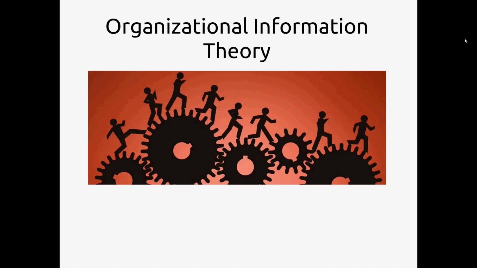So organizational information theory is a theory that deals with how organizations tackle information problems, various things that happen. The theory loosely reminds me of uncertainty reduction theory, which we studied a while back, except on a bigger scale. Uncertainty reduction dealt with how individuals deal with uncertainty. Organizational information theory deals with how businesses deal with uncertainty. Except instead of calling it uncertainty in this chapter, it's called equivocality. It's a different word, but it means the same thing. We'll get to that a little later on.